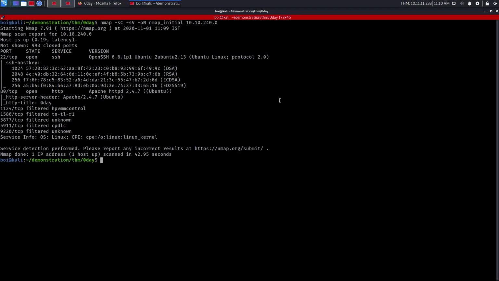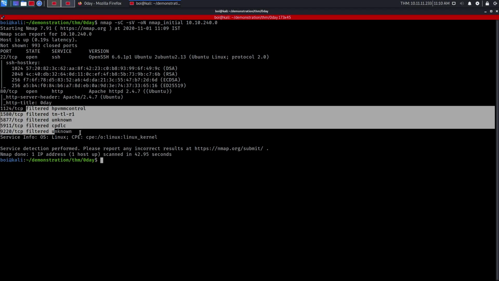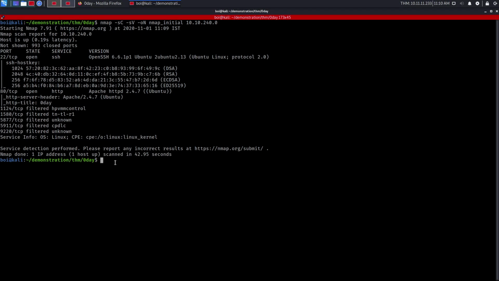So now that we know there's a web server, we can perform a GoBuster directory brute force. And we also have the results of our Nmap scan. So port 22 is open running SSH and port 80 is open running the HTTP server which we were just on. There are some other ports also, some unknown services. Well, all of these ports are filtered, so we can't do anything about it. So let's first get started with a GoBuster directory brute forcing.